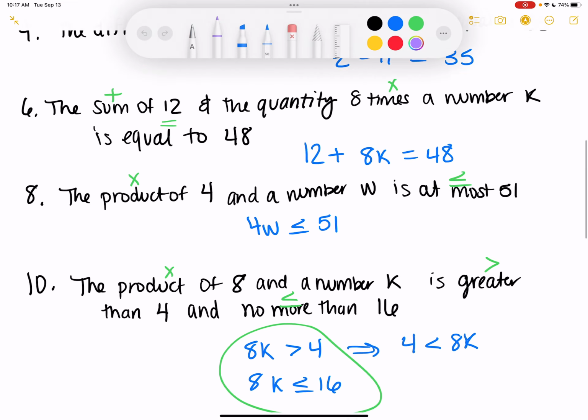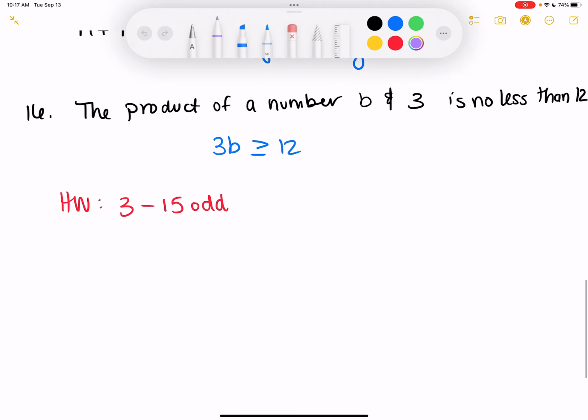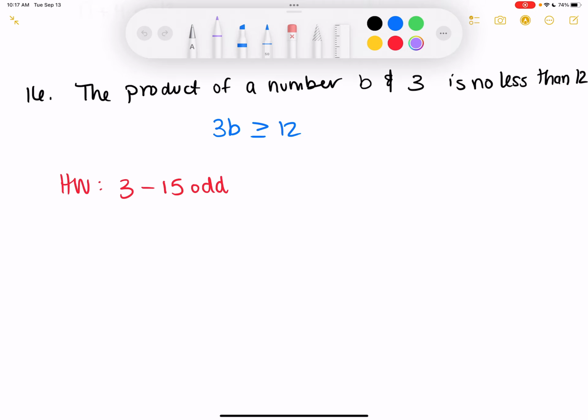All right, so yesterday we did all the ones of writing the equations or inequalities with words. And then the only other thing in this section is to check whether the given number is a solution of the equation or inequality. So it's just going to be plugging the number in and seeing if it makes a true statement. Like with 18, we have 9 plus 4y is equal to 17, and they want us to plug in the number 1